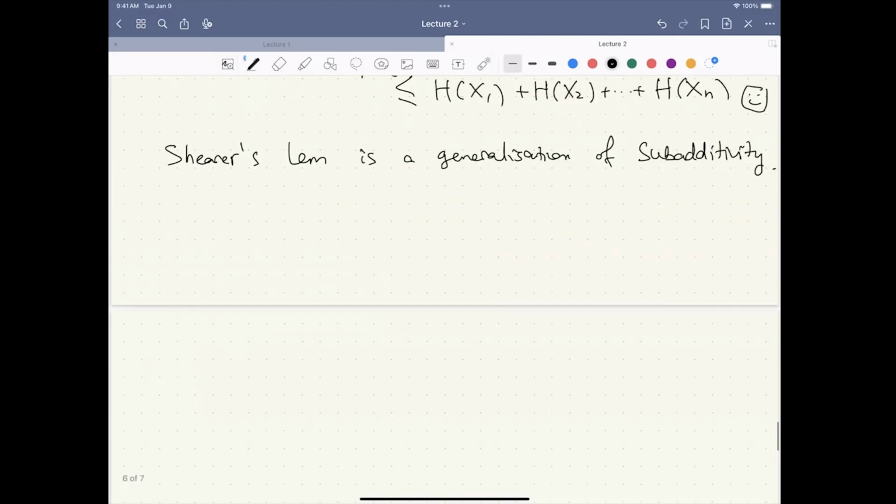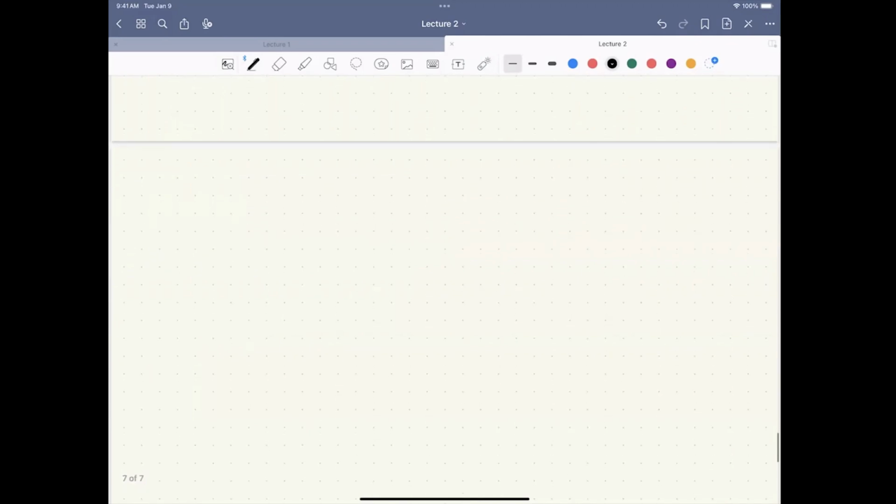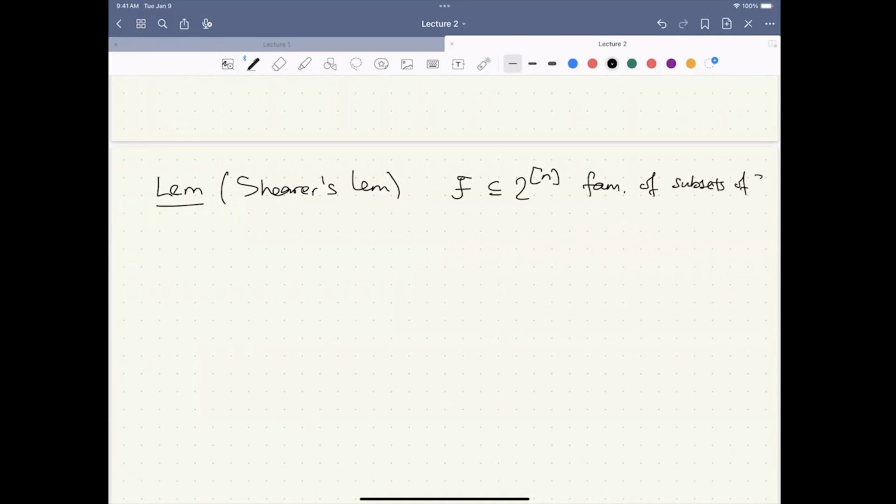So what is this lemma? Here it is. Shearer's lemma. We have a family F of subsets of [n]. Some sets could occur multiple times; they don't have to be distinct subsets of [n], such that